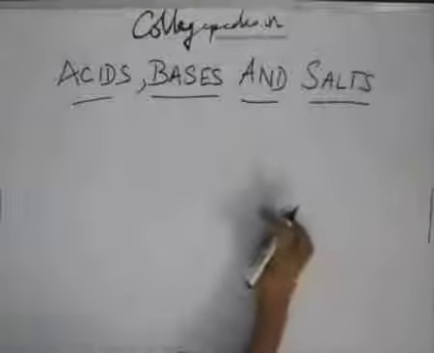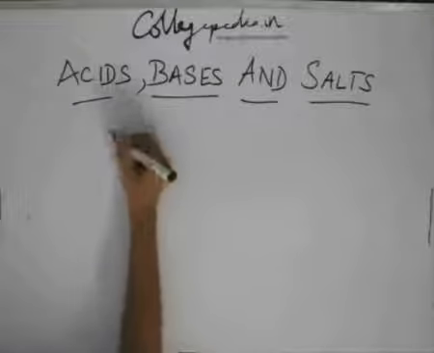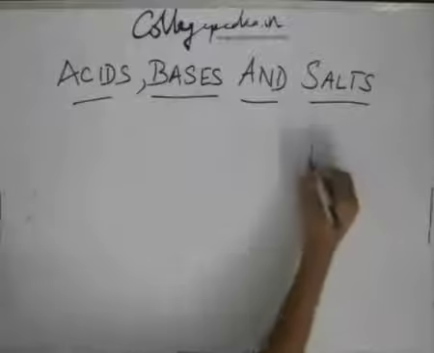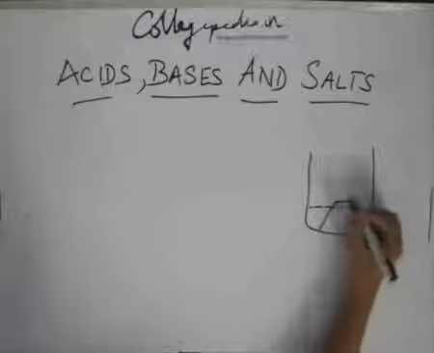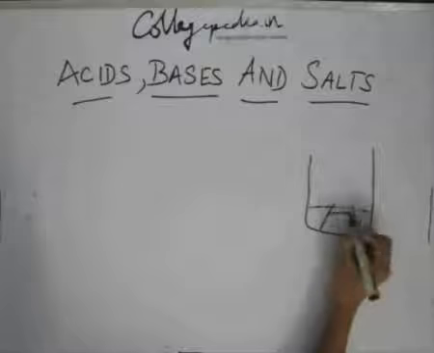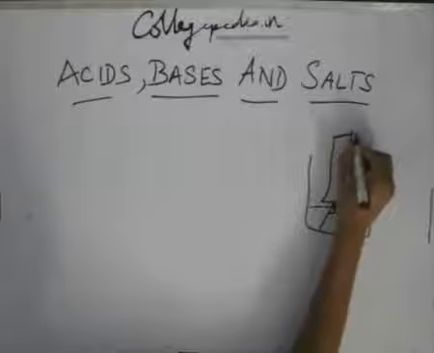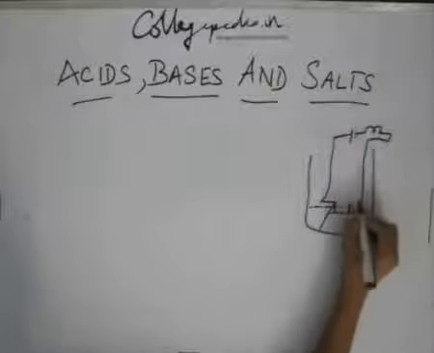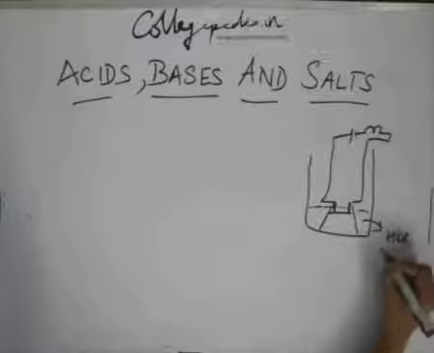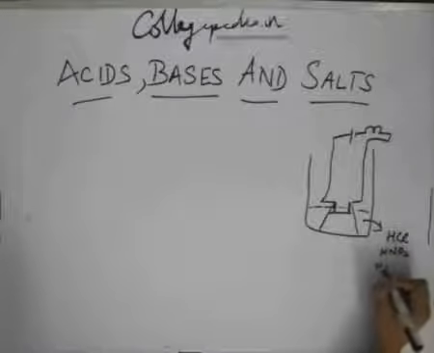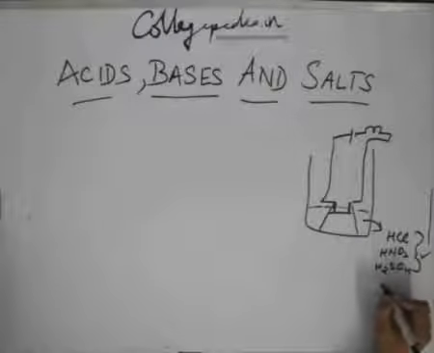So we were talking about whether all hydrogen containing substances are acidic or not, and this was the activity. There are two iron nails in the solution, and they are connected to a battery and then a bulb, and the bulb glows in case of HCl, HNO3, H2SO4, etc., but it does not glow in case of sugar